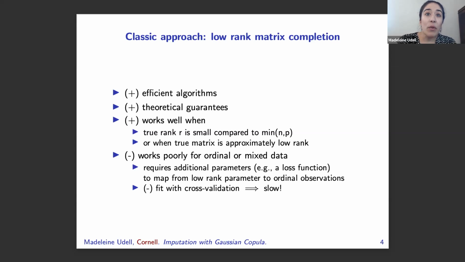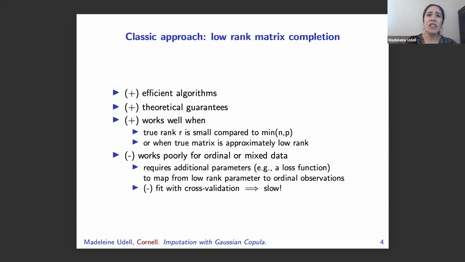The reason is that it requires additional parameters, like a loss function, to tell you how to measure errors between the imputed values and the true values. Even for real values, this can be a huge problem, as you saw with the income field, right? How should I measure errors on income? Clearly, large errors on large incomes are less important than large errors on small incomes. By how much? How do I quantify this?